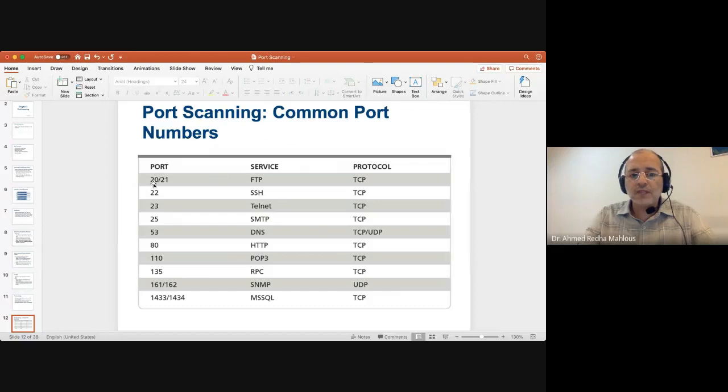For instance, 23 is telnet. 21 is an FTP service. 80 is an HTTP service. 110 is POP3, and so on. And there are plenty of